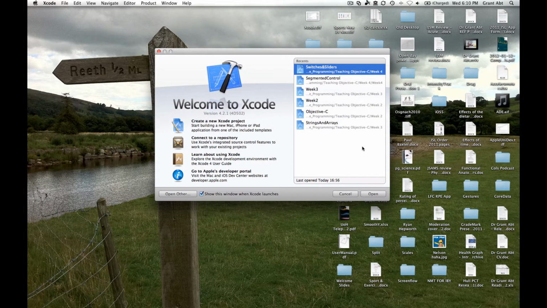This week I'm going to be showing you some more of the controls that are built into the iOS operating system, and specifically I'm going to be showing you how to use a segmented control, a slider, a switch and a stepper. So to start, we'll create a new project,